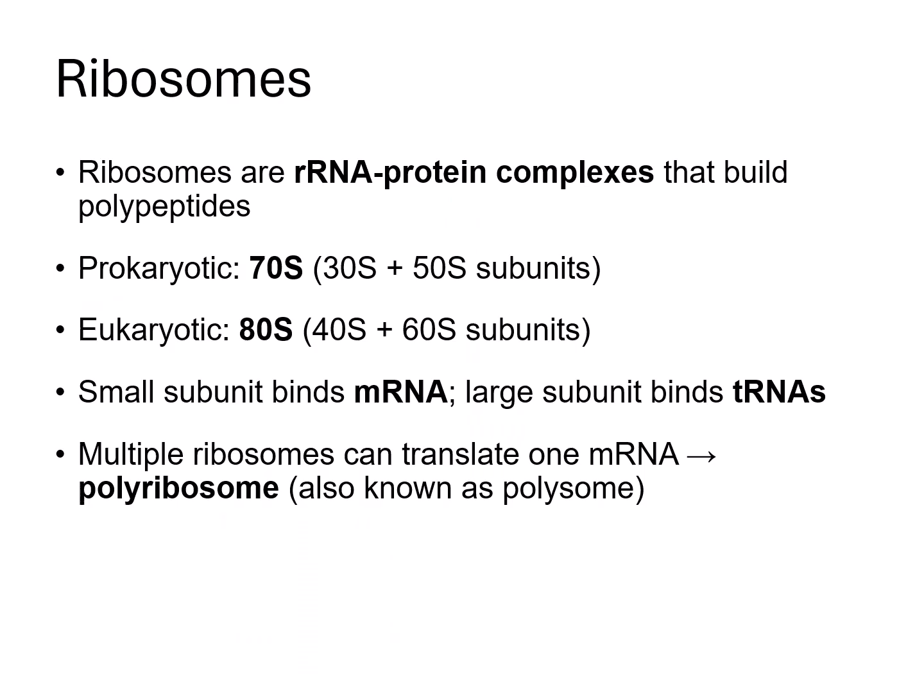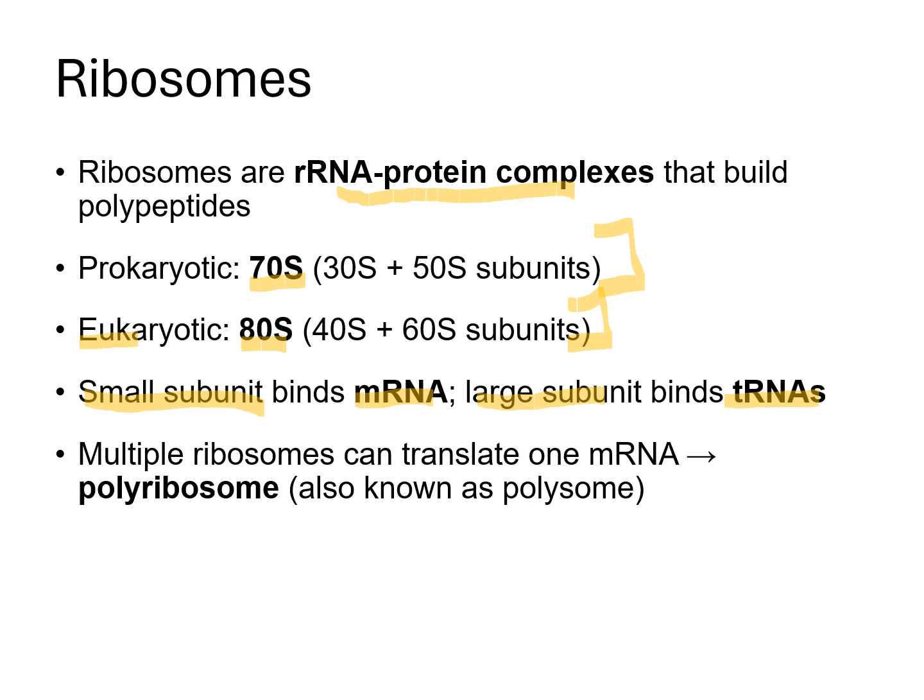Ribosomes are rRNA protein complexes that serve as the site of protein synthesis. In prokaryotes like bacteria, ribosomes are 70S, made up of a 30S and a 50S subunit. In eukaryotes, they are 80S, made up of 40S and 60S subunits. We're going to see that in each pro or eukaryotic cell, the small subunit is going to bind to messenger RNA, while the large subunit is going to bind to transfer RNAs and catalyze the peptide bond formation between amino